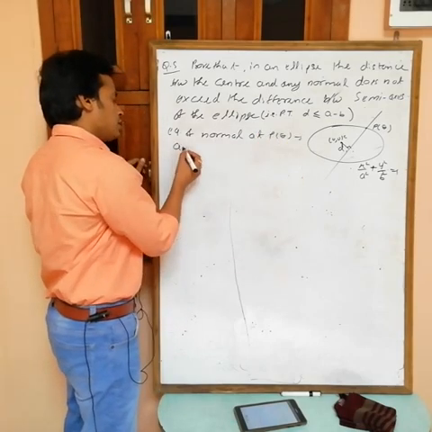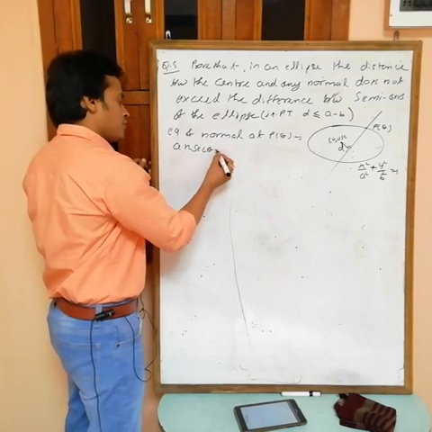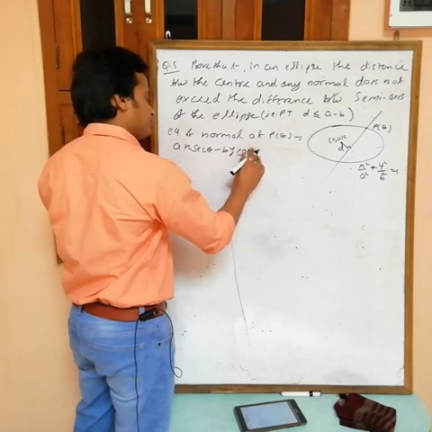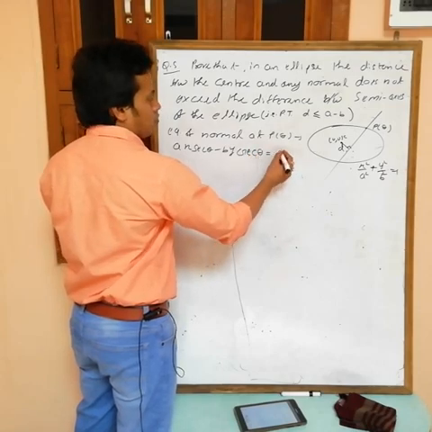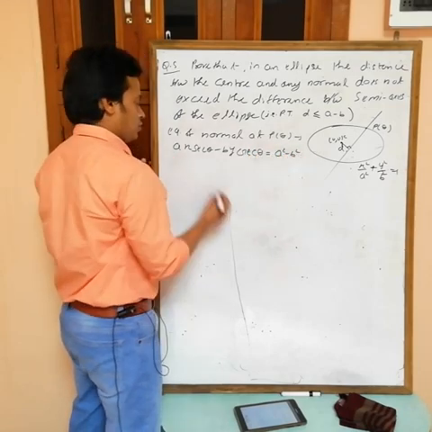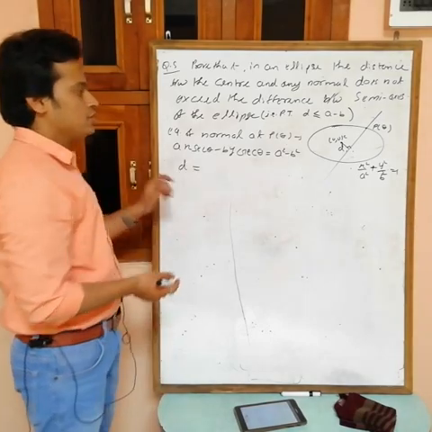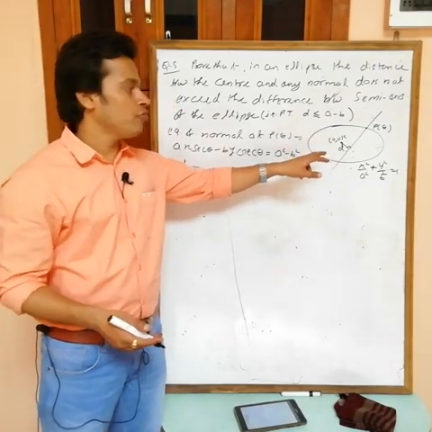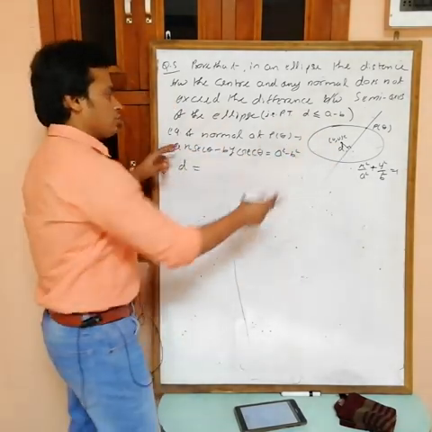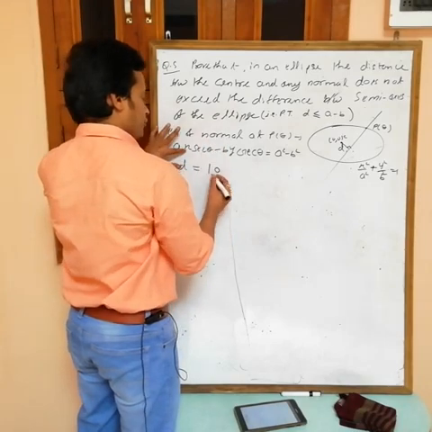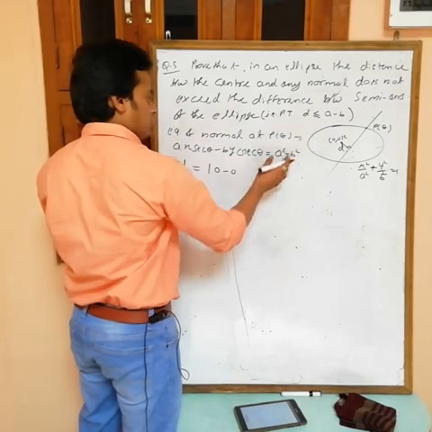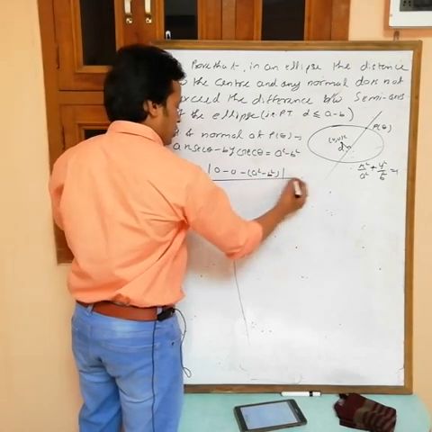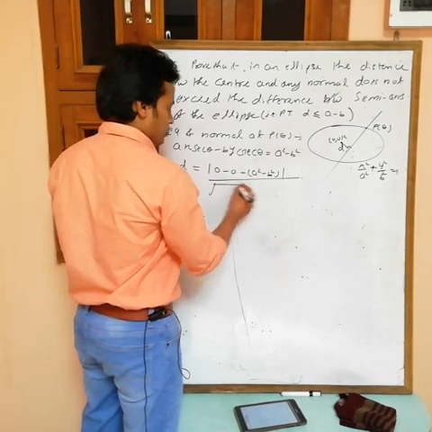Equation of normal is ax sec theta minus by cosec theta equals a square minus b square. Now d, the distance of (0, 0) from this line. How to find? We have a direct formula, just put the point in the equation. So if you put x as 0, then 0, and y as 0, then again 0, this side minus of a square minus b square, divided by root a square plus b square, where a is the coefficient